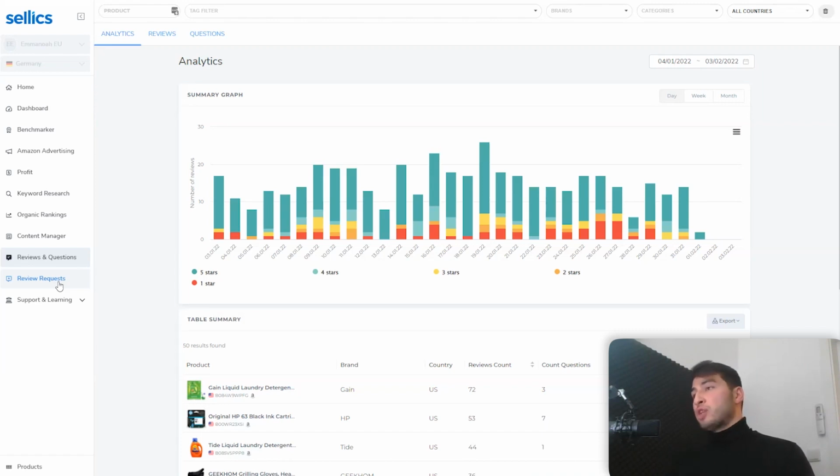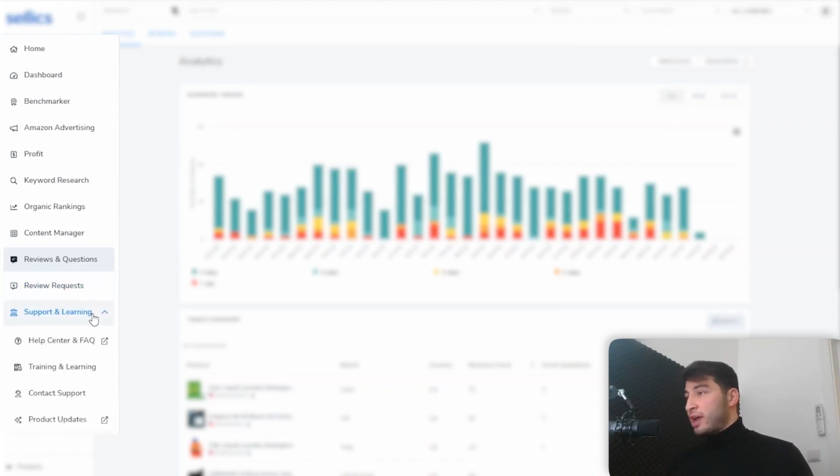Now, of course, all those features have a lot of metrics, have a lot of action points. So in order to support you in an efficient way, we have a very big help center with a lot of FAQ articles, with a lot of video guides, with a lot of video tutorials. We have a lot of courses that you can take for free in order to understand all our features. We have webinars every week that you can sign up for from the tool. And of course, something that I want to mention here is that with all our packages, you have PPC guidance with an expert. So let me talk a little bit more about our packages and offerings in this place.